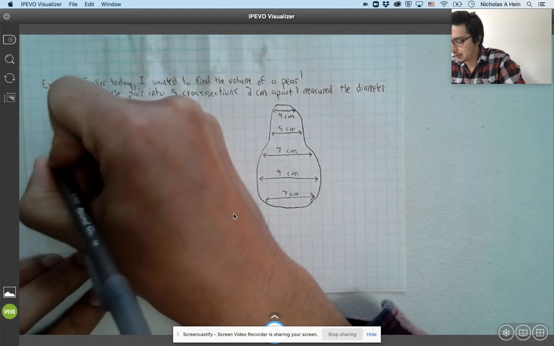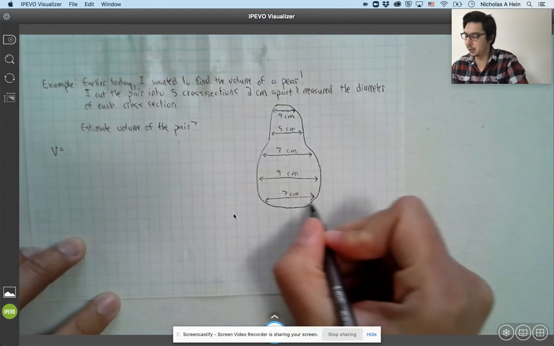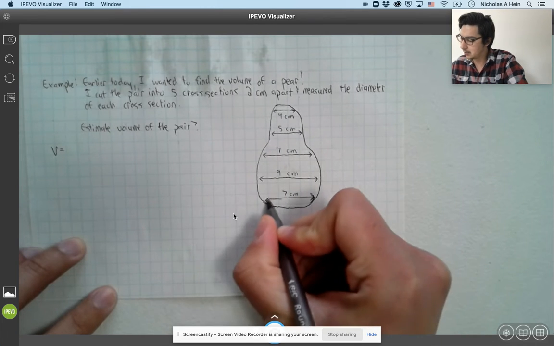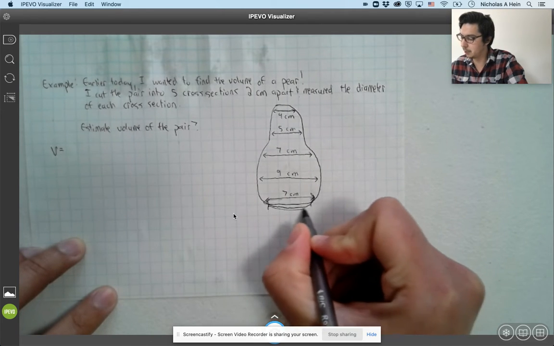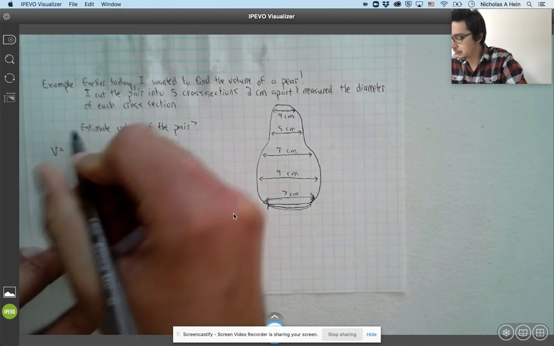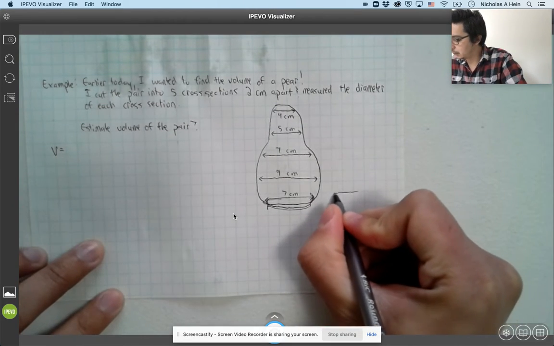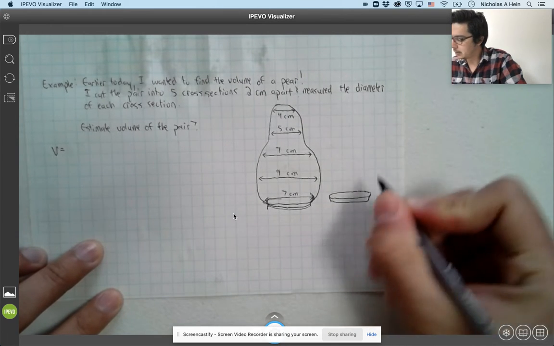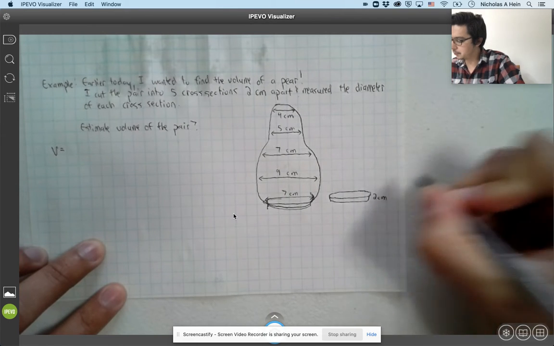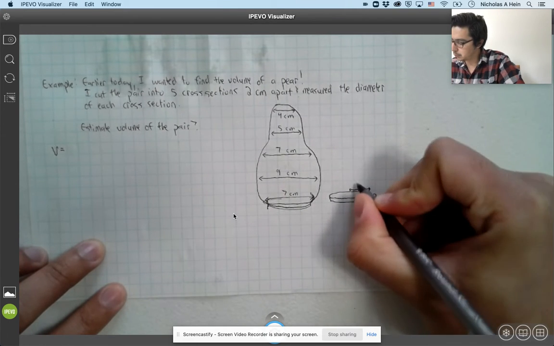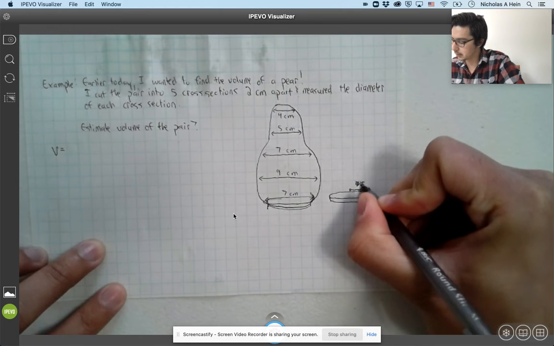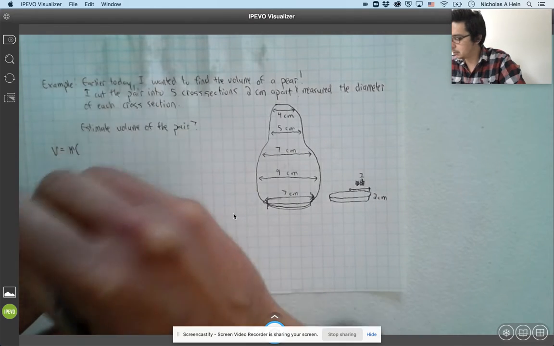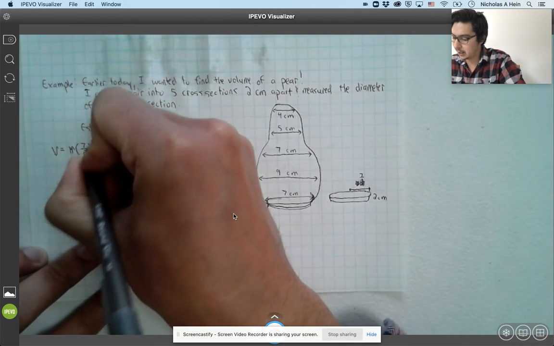All right. So we want to find the volume of this pear. We just need to find the volume of every cross section. So this very bottom one, again, we're going to estimate that it creates a cylinder-like shape. All right. So that very first cylinder, if I have it out here to help you visualize this, it's not perfect, that's what an estimation is. Well, the height is 2 centimeters, and the radius would be 3.5. Or actually, I'll just write it as 7 over 2. Okay? So the first volume is going to be pi times 7 over 2 squared, pi r squared times h